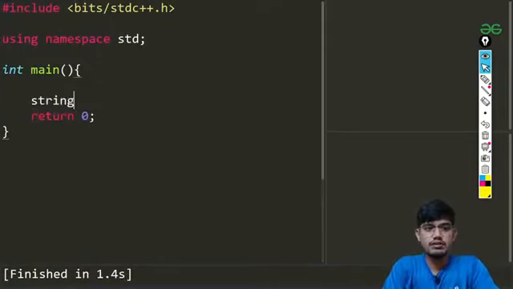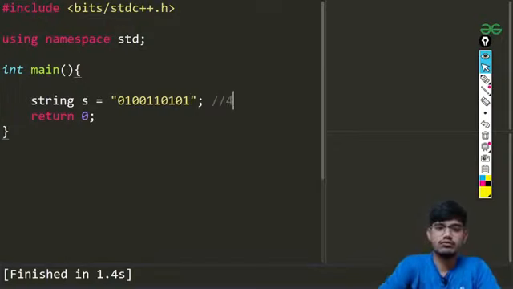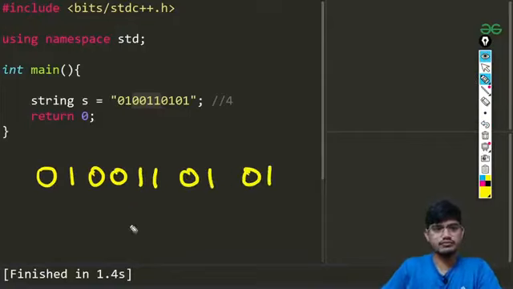First our task will be to make a string. I have made a string with the example 0 1 0 0 0 1 0 0 1 1 0 1 0 1, and the expected output for this is 4. How 4? The first division is 0 1, which is 2, then we have the next division.